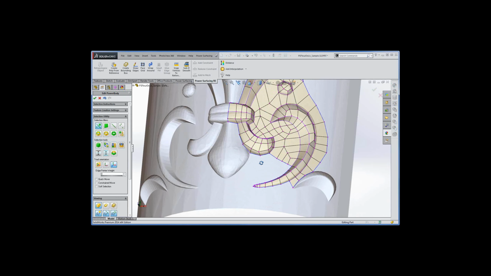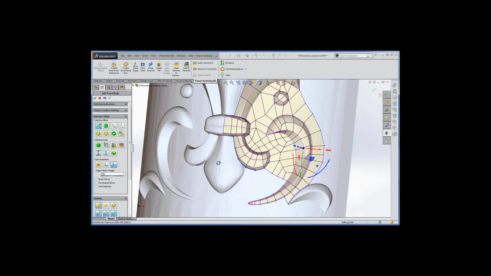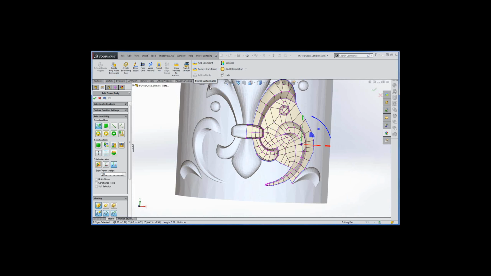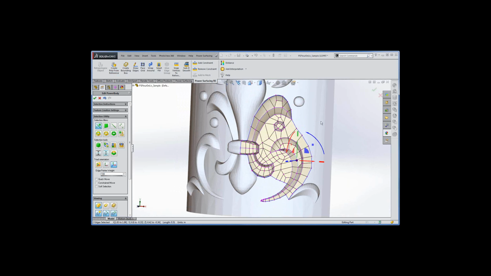And one of the things we can do is, I've given these edges 100% weight, and I could have done 50%, but because the original piece had a little bit of a crease going down here, the nice thing is that we can add the crease to our retopo before it gets interpolated, and it helps it fit the model much better. If I did the add interpolation now,